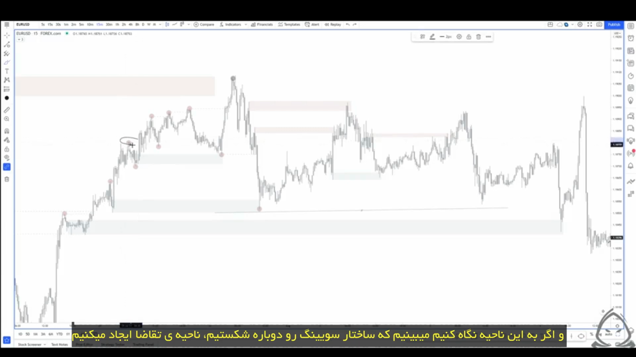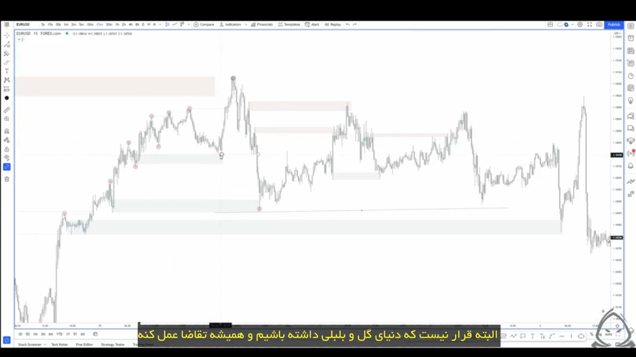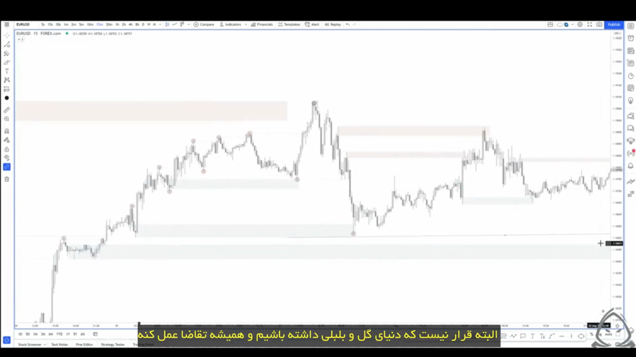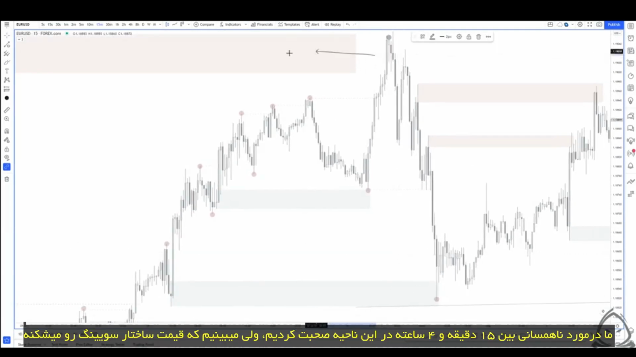Now, if we look at this area, we can see that we break swing structure once again. We create a demand zone. Price returns to that demand zone and continues moving back to the upside. Now, of course, it's not always going to be a perfect world where demand zones get respected. We did discuss in this area about the variance between the 15-minute and the 4-hour,